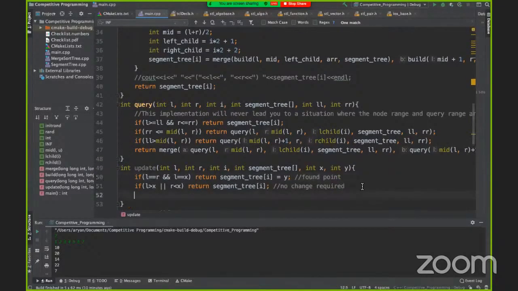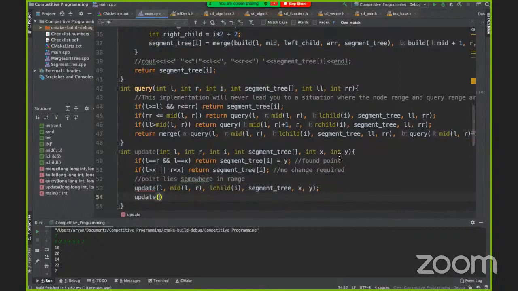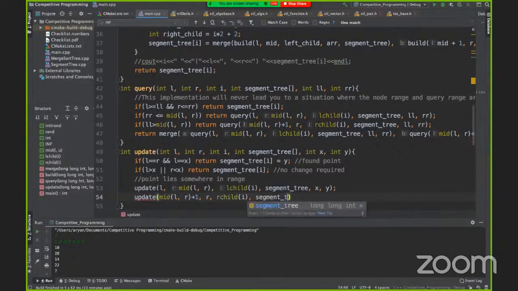And finally, this is the case where the point lies somewhere in the range. In this case, we update both children. We update l to mid, the left child, segment tree, x and y. And we update mid plus 1 to r, the right child, I, segment tree, x, y.